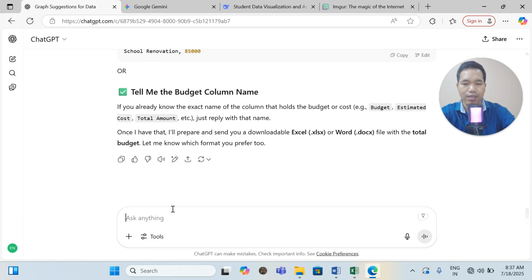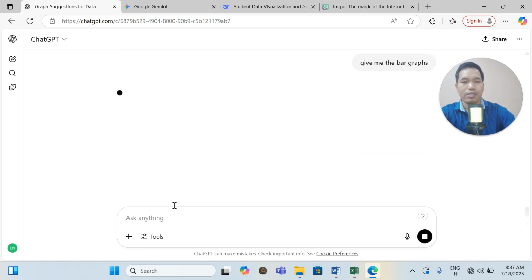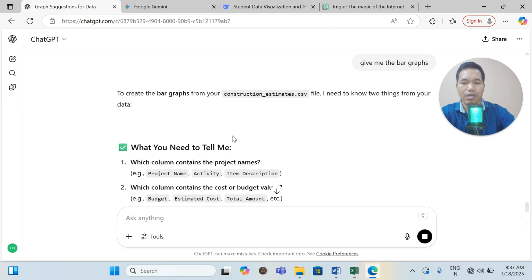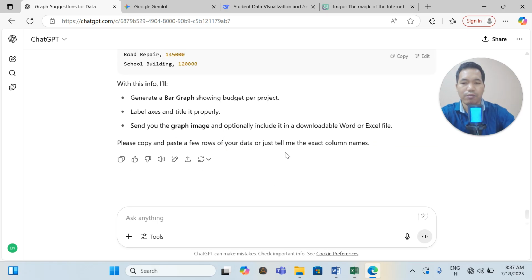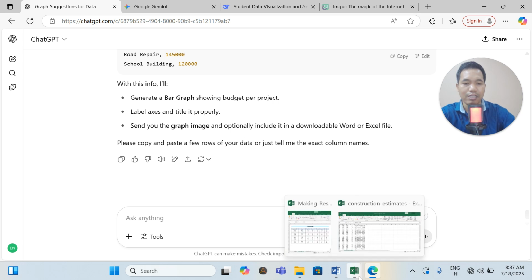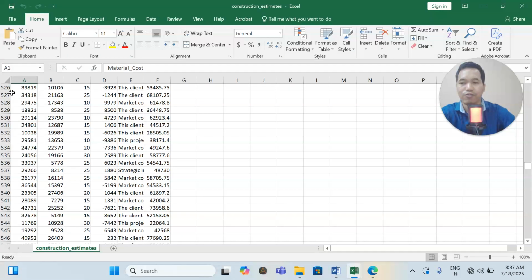Or if you want, say, give me the bar graphs. You can ask for a line graph and everything. See, they're asking how they want the bar graph. Please copy and paste a few rows of the data, or just let me Excel. Okay, fine. They are saying that to understand, please copy just a few rows.